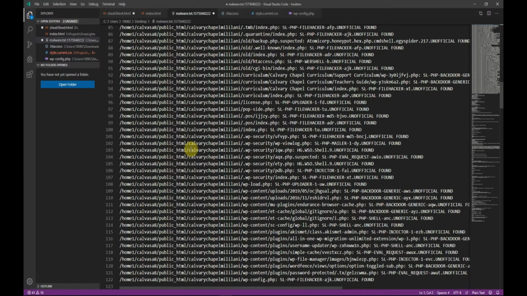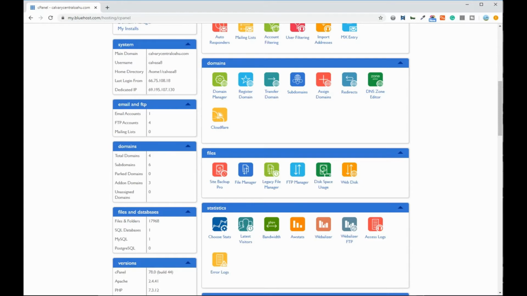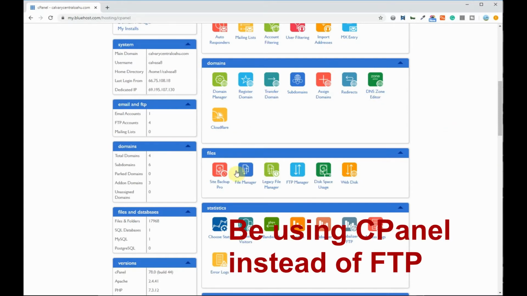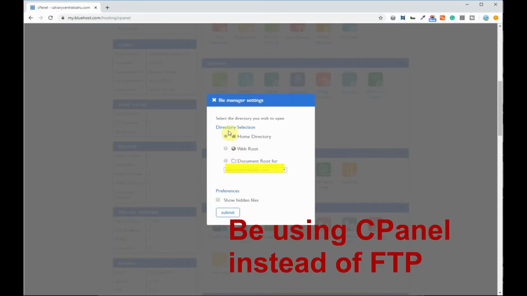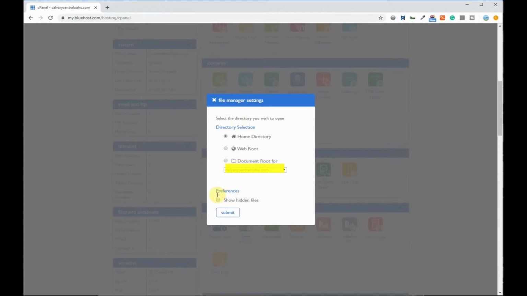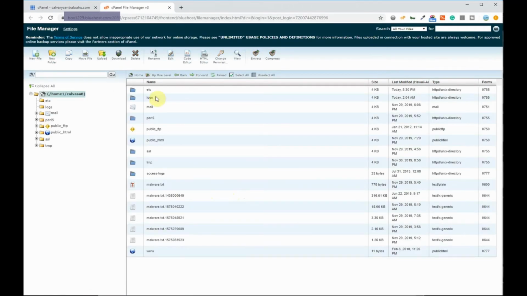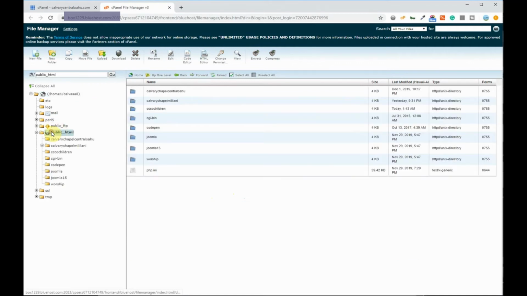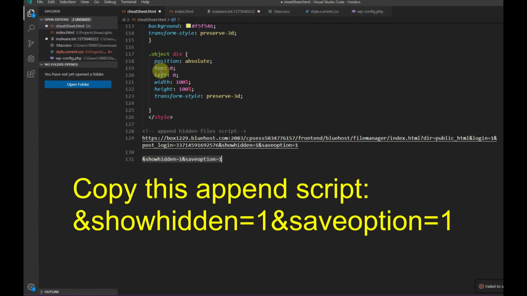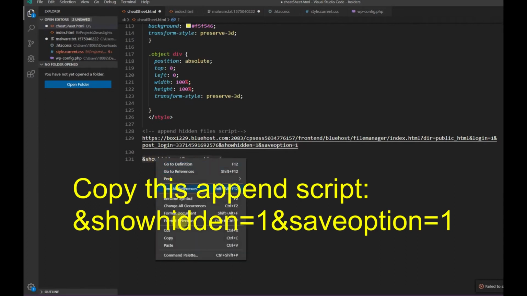Okay, let's go into our website. Now open up cPanel in Bluehost, go to File Manager, click Show Hidden Files, Submit, but many times the hidden files will still not be shown, especially in Bluehost. So what we need to do is we access our website, go to the URL box, and you need to